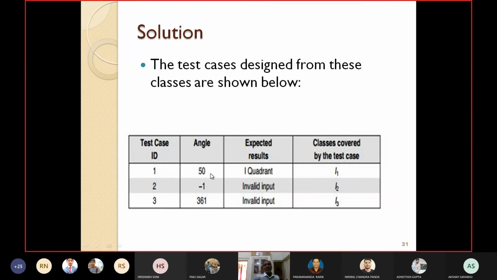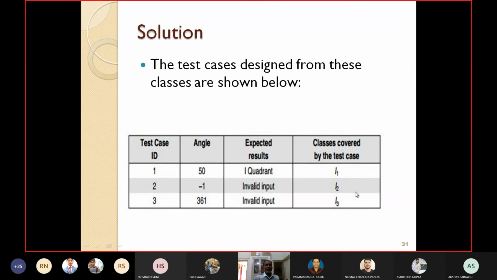Obviously, you know there are 4 quadrants: 0 to 90, 90 to 180, 180 to 270, and 270 to 360. So the expected result should show that the given input 50 lies in the first quadrant. The class covered is I1. Then for the other two, I have taken invalid values. In one case less than 0, in another case greater than 360. Both are invalid inputs, and the covered classes are I2 and I3 respectively.